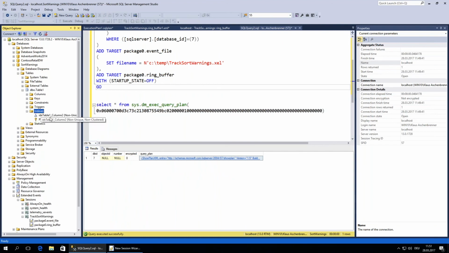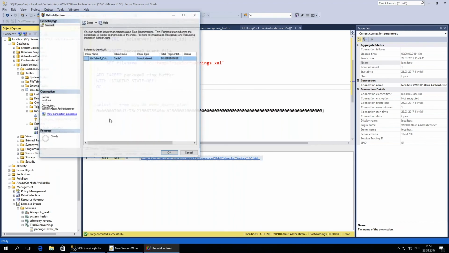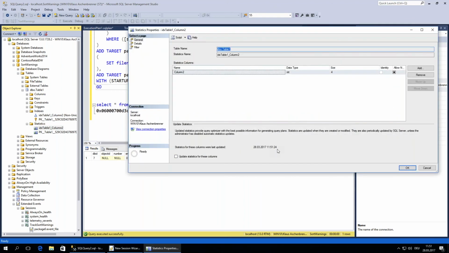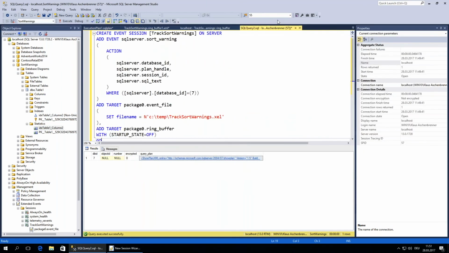You see we have both indexes, our non-clustered and clustered index with their associated statistics objects, and I'm just rebuilding now, for example, my non-clustered index that SQL Server is referencing here in the execution plan. Means when you rebuild an index, clustered or non-clustered, SQL Server also auto-updates the statistics as a side effect. So as you can see now, that statistics object was auto-updated, and now when we run that query again,